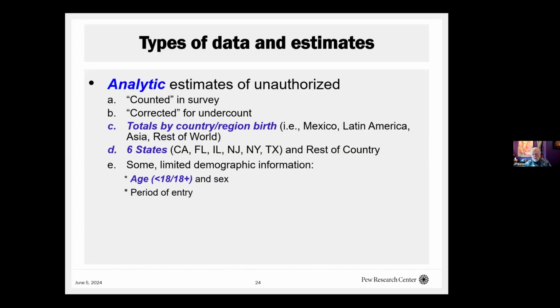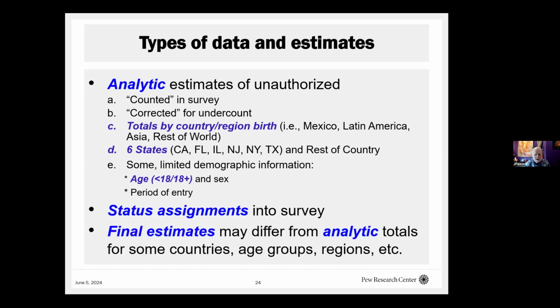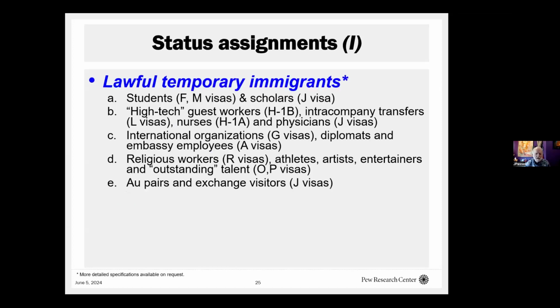So I'm going to walk through the status assignments. I'm going to do this fairly quickly. This is when we go into the microdata in the ACS, and you can do it with the Current Population Survey as well. The way we do it, we have a set of estimates that we made by country of birth, by state, by adults and children that we use to control how many people are selected for the assignments. And then we can use them to tabulate and work on our final estimates.